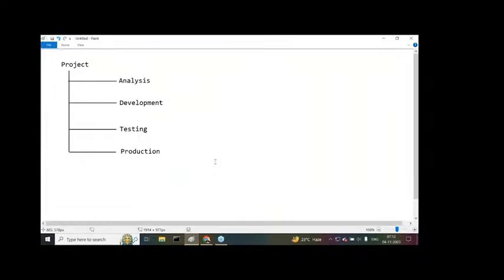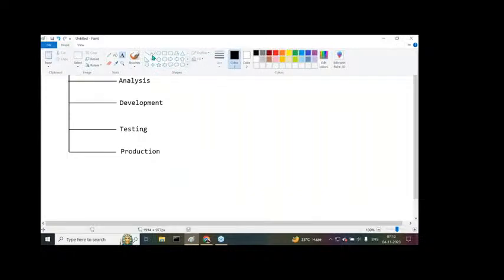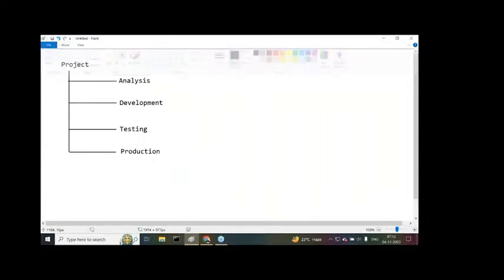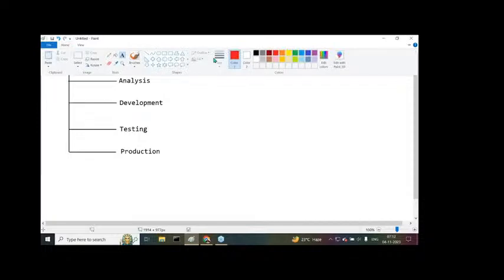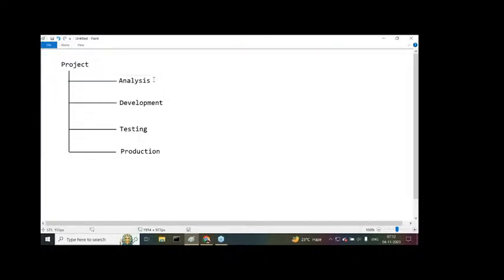All right, that's okay, fine. Coming to the first phase. What is this first phase actually? Inside this first phase, analysis is going to happen. As I said to you already, a number of sub phases are available. Inside this analysis, functional analysis is going to happen. Next one is resources analysis. Like this, so many things are going to be available. But who will perform this